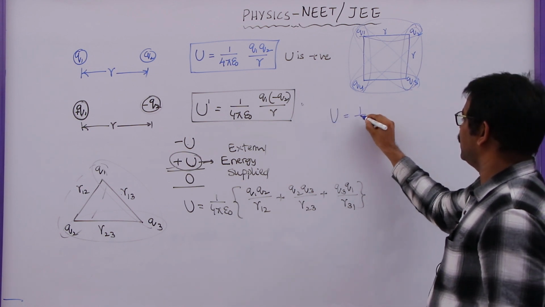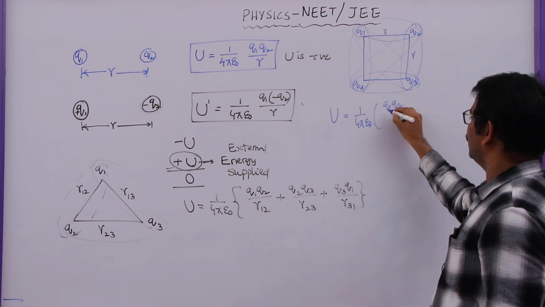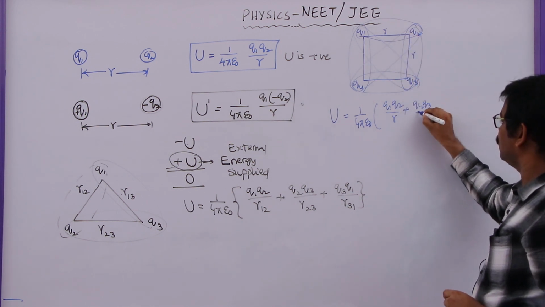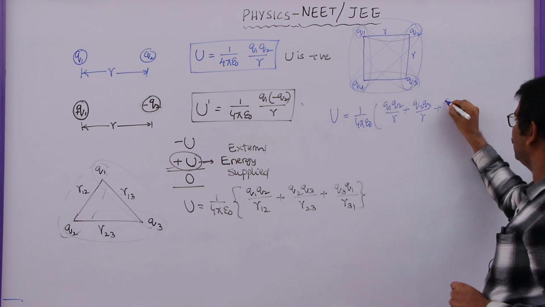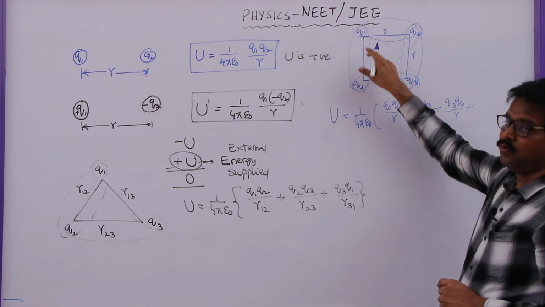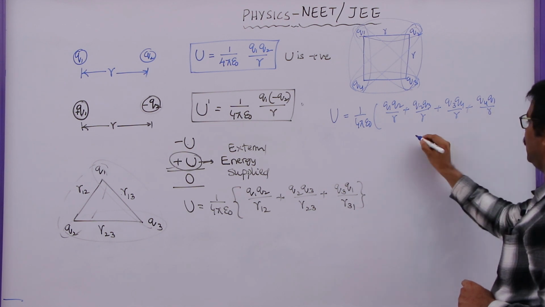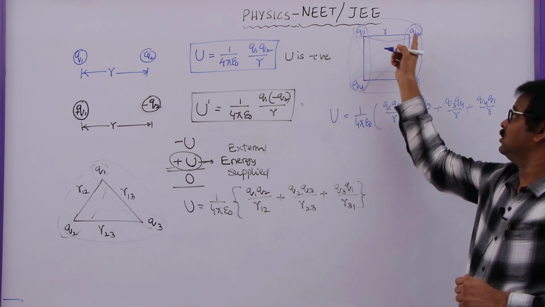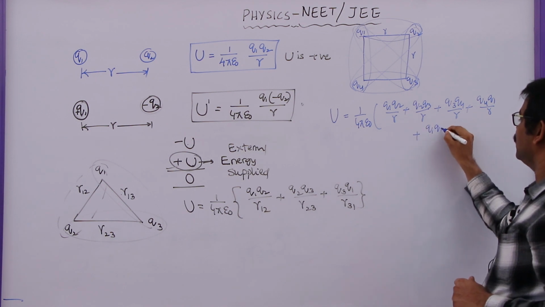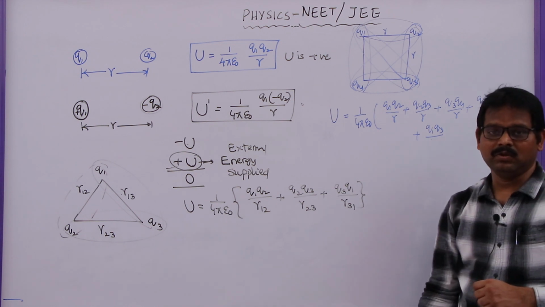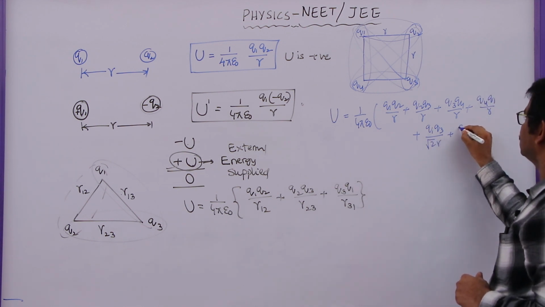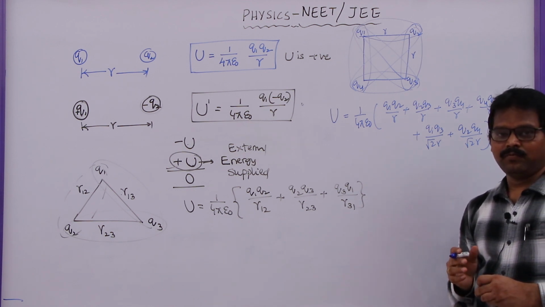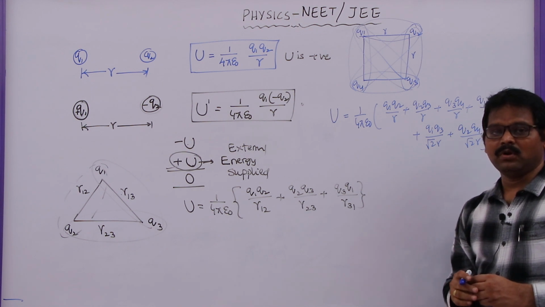So the potential energy is given by 1 by 4 pi epsilon naught times Q1 Q2 by R plus Q2 Q3 by R, then Q3 Q4 by R, plus Q4 Q1 by R, plus now the product of the charges which are at opposite corners, which are diagonally opposite, which is given by Q1 Q3 by, this distance is not equal to R, this will be root 2 R. So this is root 2 R, then once again this is Q2 Q4 by root 2 R. So this is the expression for the electric potential energy of a system of 4 charges placed at the 4 corners of a square.